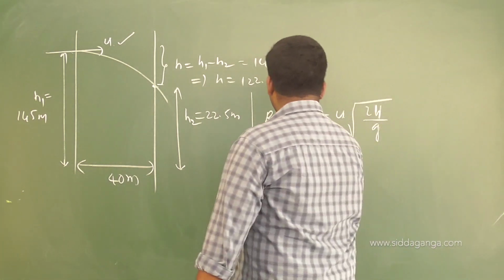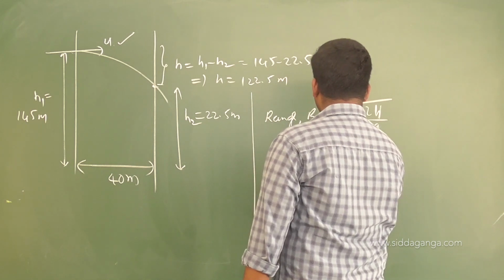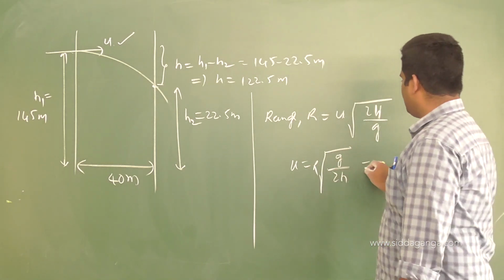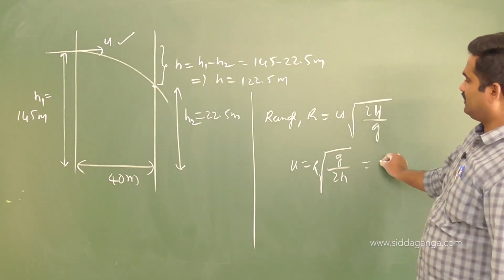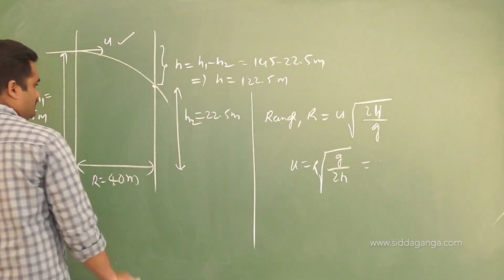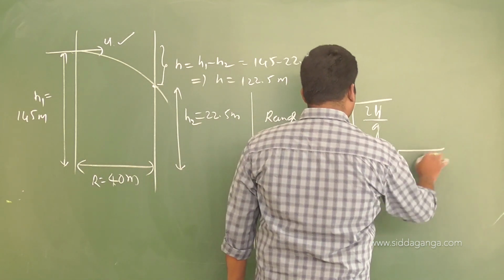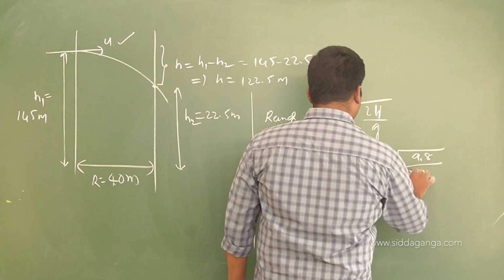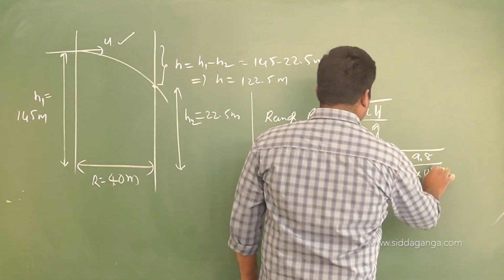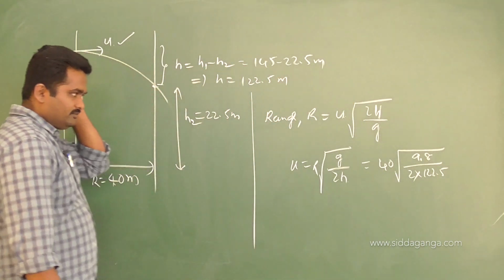The value of u from this will be equals to what? Root of g by 2h into R, that is R into root of g by 2h. R is how much? 40 meters. That is the distance between these two, 40 meters, they are given. 40 into root of g, which is 9.8, divided by 2 into this is 122.5. Simplify for that value, we will end up with